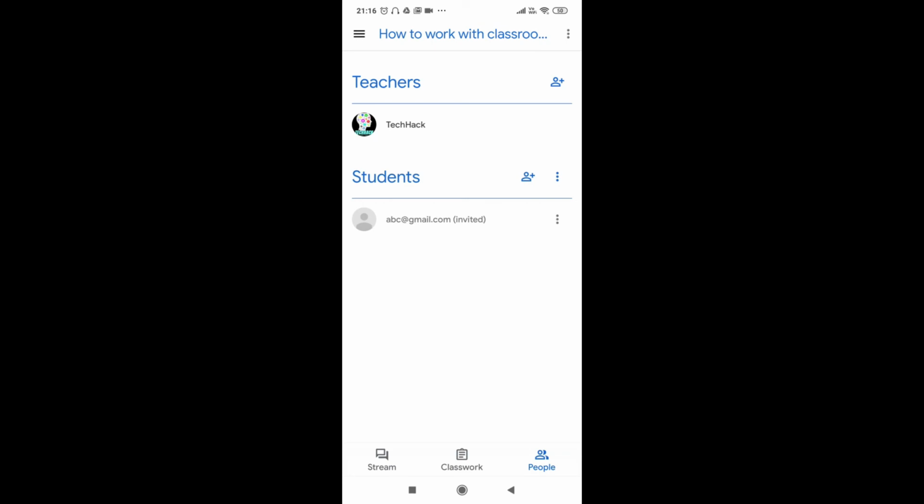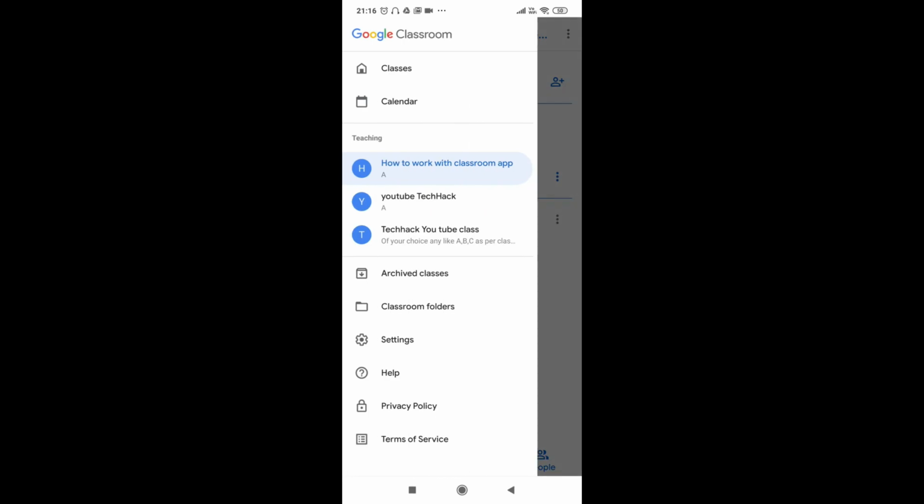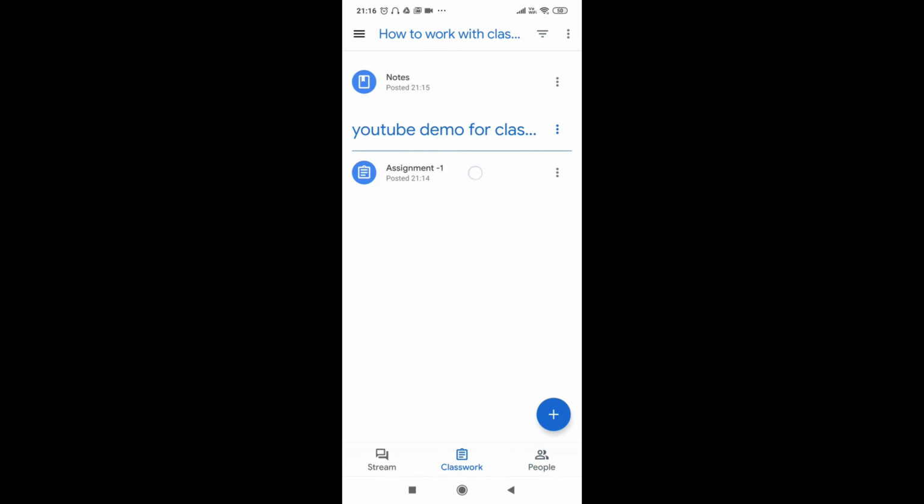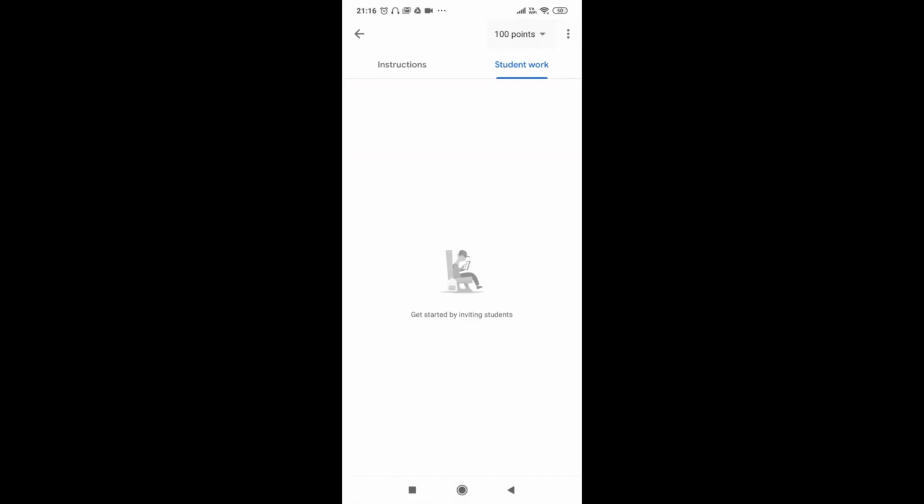And whenever you want to check, you simply go to the classroom, select your class, and on selecting your class you will be able to check the work of the students by going to the class assignment, and you will have all the students' work submitted over there. This is the very simple scenario on which we can work. So guys, this is how to work with the Google Classroom app and Google Drive. In short, this is a journey through the Google Classroom app.